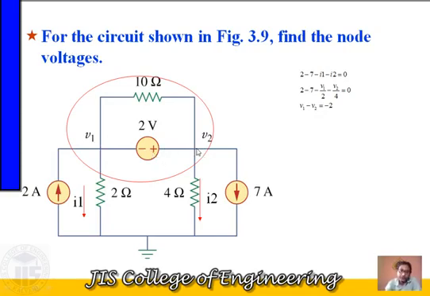If you go from this right side to left side, it means if you write the V2 minus V1 equation, then it will be equal to plus 2, because from V2 to V1, first the positive side is connected with this V2. So if you write V2 minus V1, then it is equal to plus 2 volts, and if you write V1 minus V2, that will be minus 2.